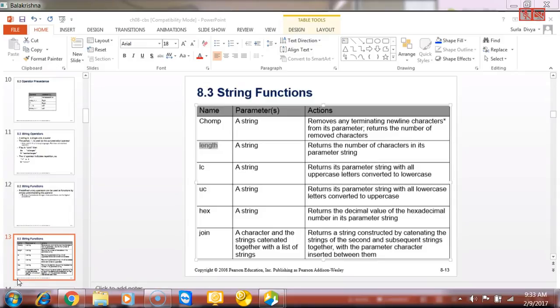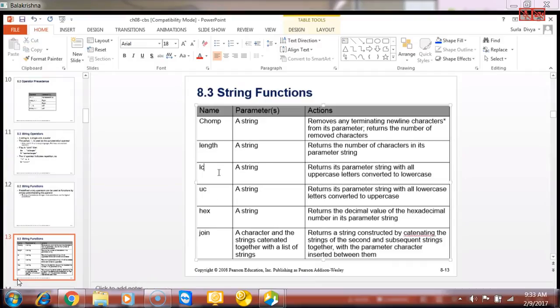What it will return is the count, when I print chomp of this. So if I take $y is equal to this, and now I say print $y, what will this give me? My output should be just hello without a newline character. It will just remove this and say that it has removed one character, one newline character.